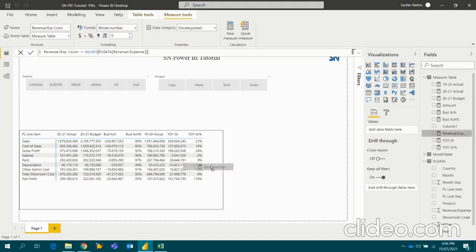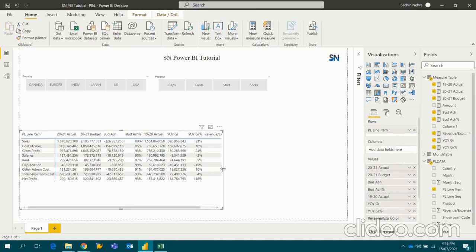I'll bring it here for now, which I'll take out later on. I just brought it here so that I can show you in front of sales it's coming as 1, in front of cost of sale it is coming as 2, in front of GP gross profit again 1, and net profit again 1. So I'll use this column to put the conditional formatting for year-on-year growth.